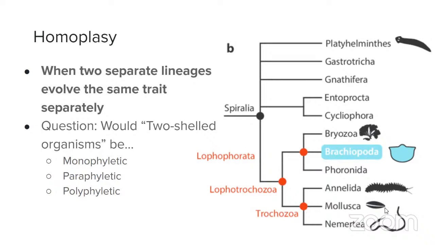And in fact, only this one group within the mollusks inherited them, while the annelids, the nemertea, the sipunculids, the bryozoans all lost them separately. So that's why we think that this trait evolved separately in these lineages,